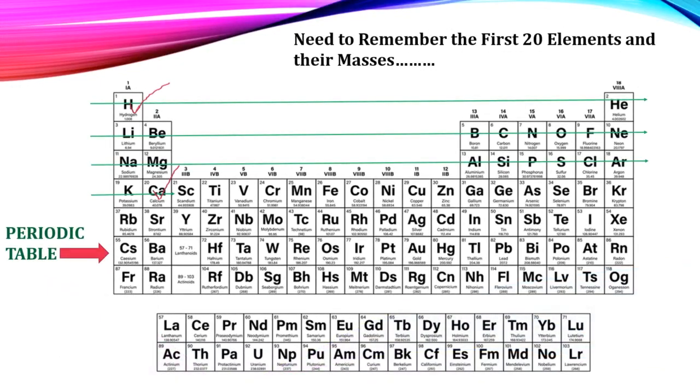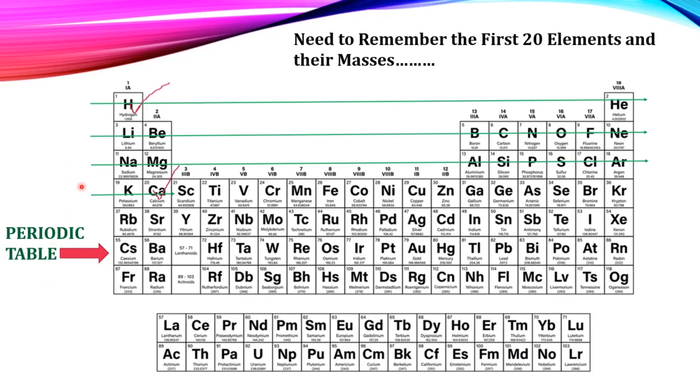So here is a tabular representation. You can see a big table, like we learned about the elements. Here you can see various elements distributed in some pattern. This table is known as the periodic table. Based on certain properties or criteria, we categorize the elements, whatever elements we have, in a systematic manner, and that sort of systematic, tabular representation of the elements is known as the periodic table.